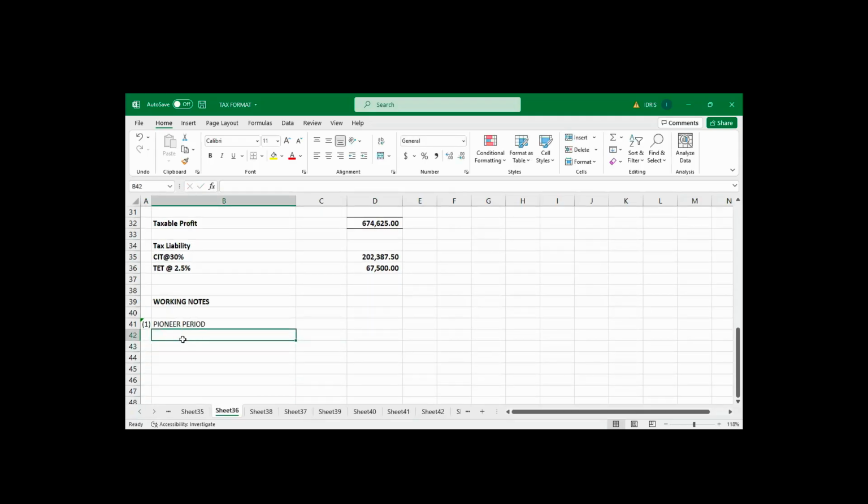For the pioneer period, we have year 1, year 2, and we have year 3. For year 1, it's going to start 1st July. That is the production day. 1st July 20 what? In the question, when is the production day? 1st July 2018